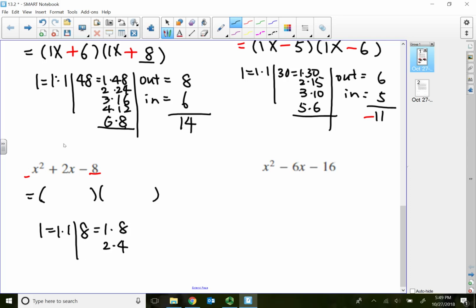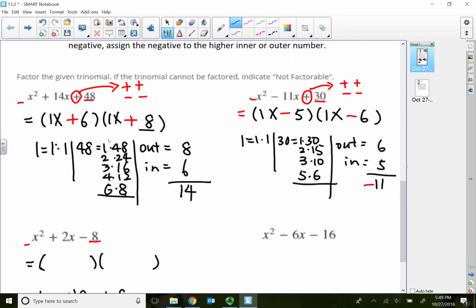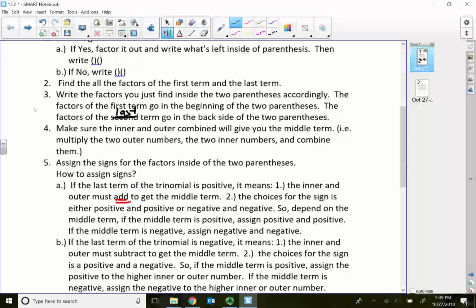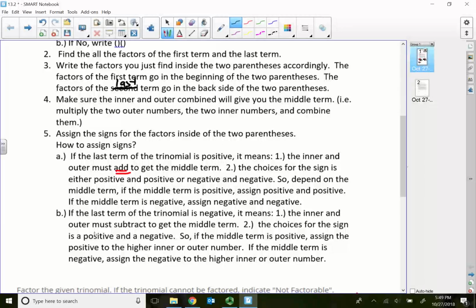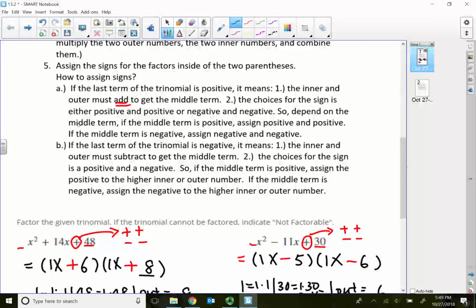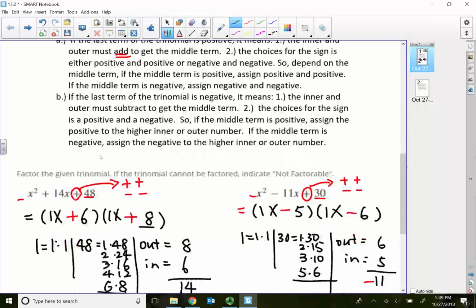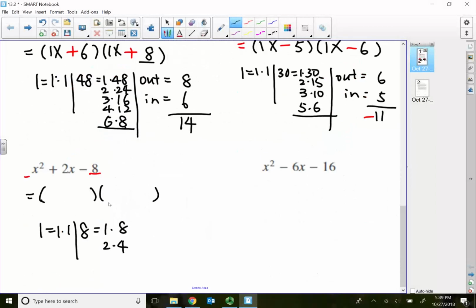So the technique, the steps I'm taking: I actually do signs at the very end. Always do signs last, as the last step. Make sure our numbers are in place for the 2 parentheses before we worry about the signs. Okay, so starting from the bottom, which is the very last step, the factor of the first term go